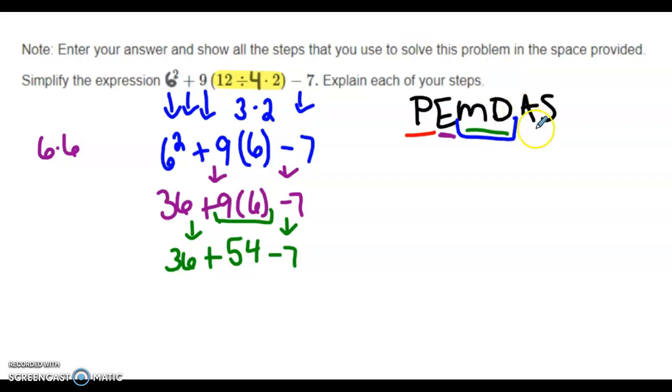And then my last set of steps is to add and subtract. And you don't have to add before you subtract. You just do it in whatever order it comes in. So since this part is first, I'm going to add that first. 36 plus 54 is 90. I'm just bringing this straight down, and then I'm going to go